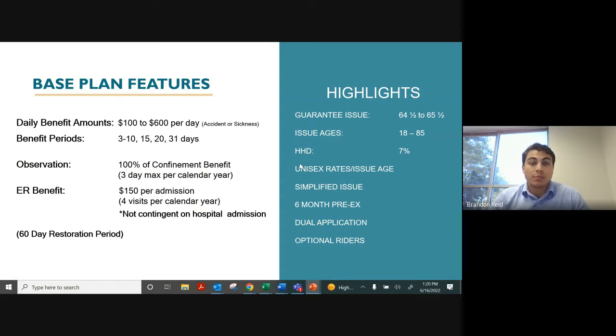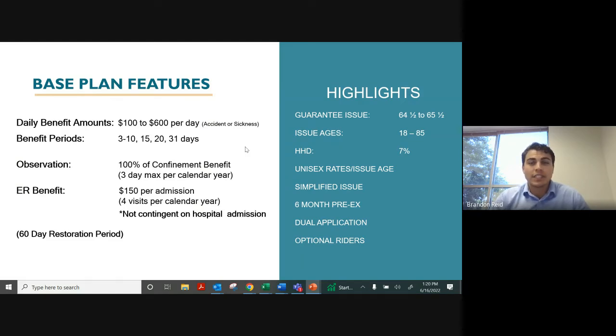100% observation benefit. So in order for that hospital confinement benefit to pay, you need to be in the hospital for a full 24 hours. But for observation to pay, you could be in there for 1 hour, 2 hours, 3 hours, and we would still pay 100% in observation, 100% of your hospital benefit, up to 3 days per year. So a good benefit built into your base plan premium, and adding a lot of value right down below that